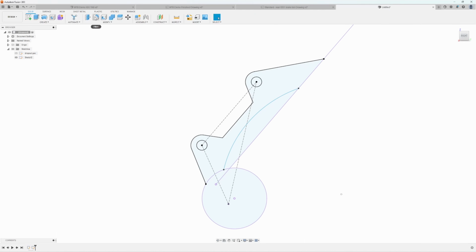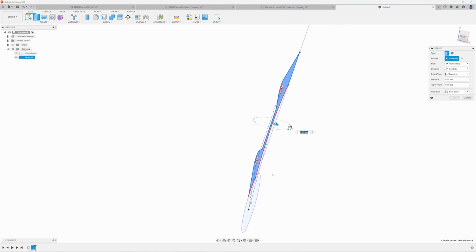So file, what is this? Is it, oh, E. I always hit E, but the extrude tool's here. So you could either use the extrude tool or I hit E and extrudes it and make this 4 millimeters in that direction